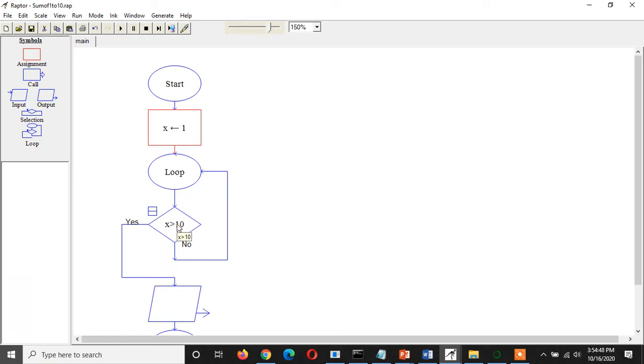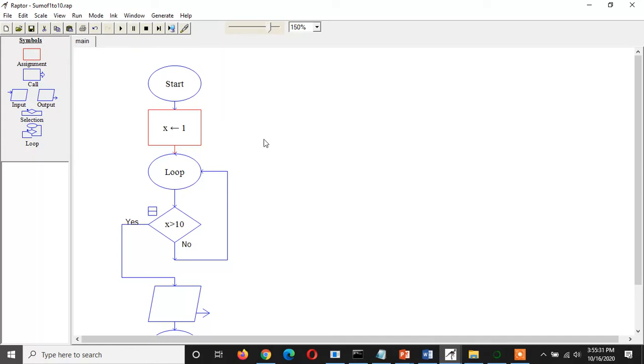But after checking the condition, the x value should be incremented. So how to increment that value, that we'll see. But initially x is equal to 1. Now same way, when we have to add x, then we need some other operator also. So that operator is a sum operator, and this sum is cumulative sum. So always when we are going to add x with sum, we'll add x plus s, and again value of x plus s will be stored into s. So that will give us cumulative sum.